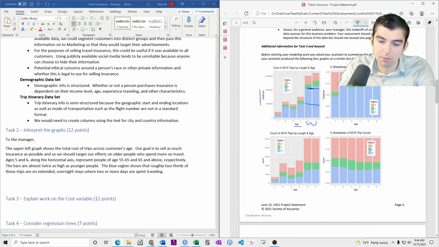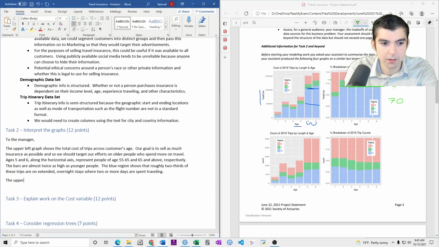Yeah, this shows the percent breakdown of trip costs. So notice that this trend is kind of flat. So this tells you that for all ages, the percent of trip cost is equally distributed. In other words, people spend the same percentage on 0-night trips or like day trips. So this is like 80% to 1%. So 20% of the trips are on day trips, right? That's like 20%. And then this is like 10% green, and then this is like 70%.